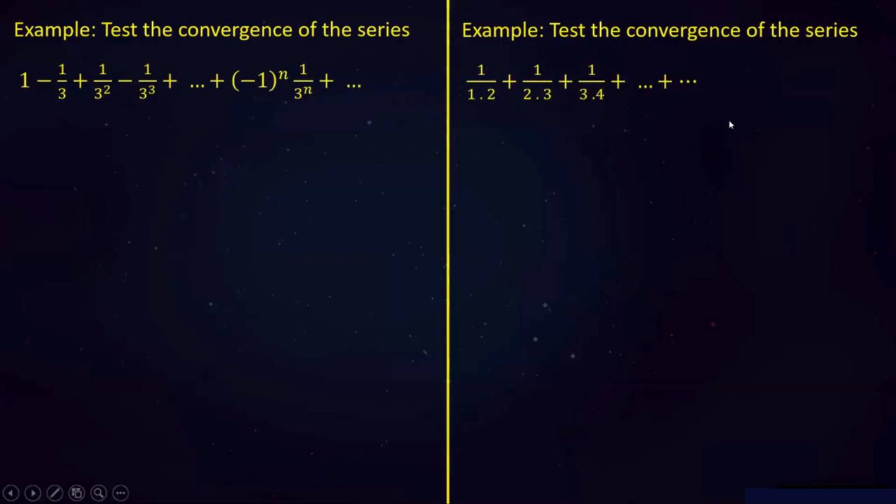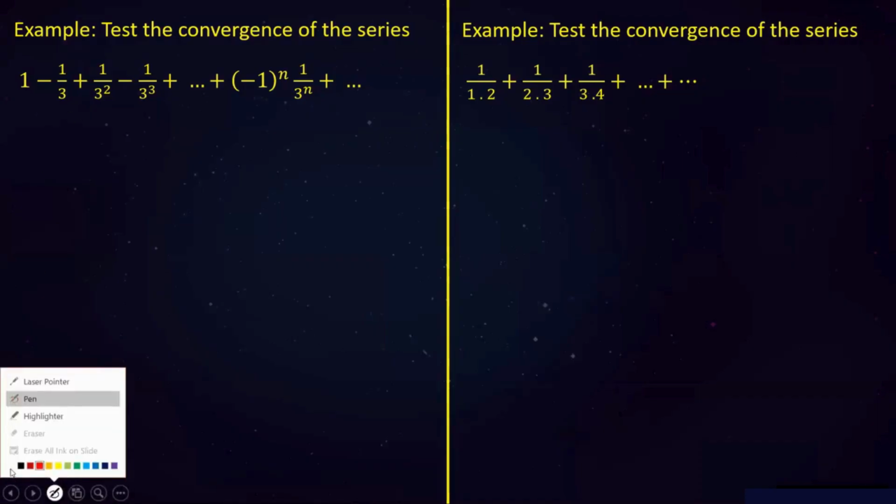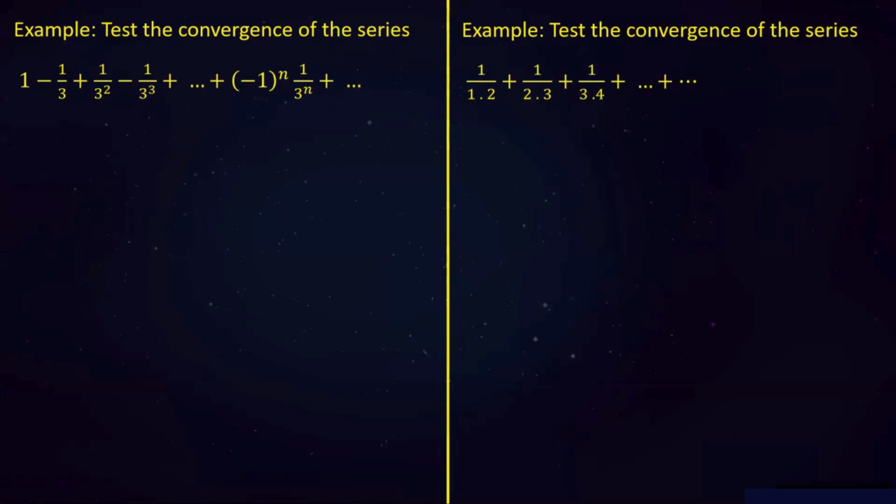All right. Let's see these two examples one after the other. Look at the first one. What you have there is 1 minus 1 by 3 plus 1 by 3 square and so on. We need to see whether that series is convergent or not. As we know, to identify whether a given series is convergent or not, we need to take the nth partial sum. So if I define the sum of the first n terms as Sn, it is 1 minus 1 by 3 plus 1 by 3 square minus 1 by 3 cube and so on,